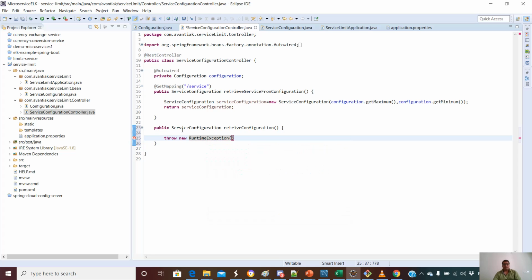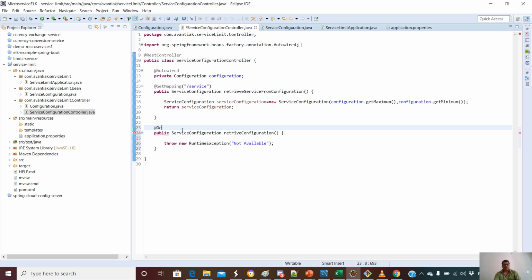Basically, if it is not available, then it will say not available. So here it will have the get mapping, and this mapping